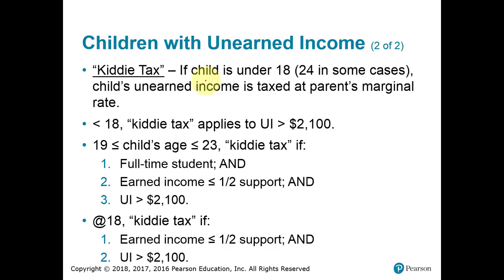Now, one of the techniques of trying to save taxes is for rich taxpayers to try to push income to their kids. And the kids are going to be taxed at lower rates because they have less income. So for the government to catch these people, to have them pay their fair share, they're going to charge the kids a kiddie tax. In other words, their income is going to be taxed at the parents' high marginal rates. So what they do is still allow the dependent children